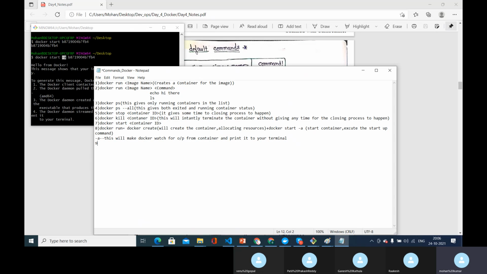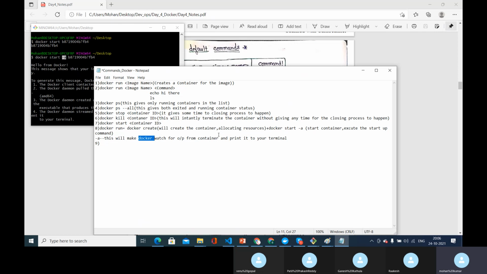Okay, this is something that you have to understand. You understand what docker run is, that it is the combination of docker create and docker start, and you have seen how to monitor the container output and print it to the console. Okay, so then the rest of our part is only one command that I'll try to quickly wind up as early as possible. It just takes another 5 minutes, that's all.